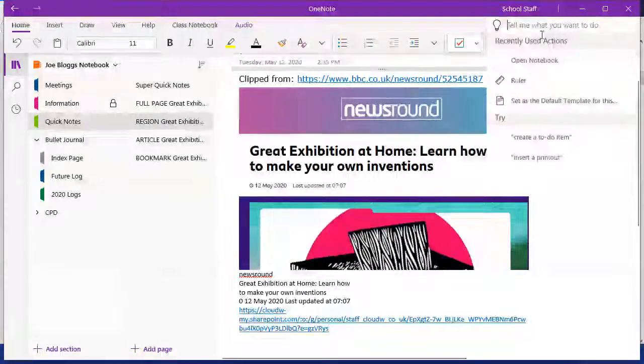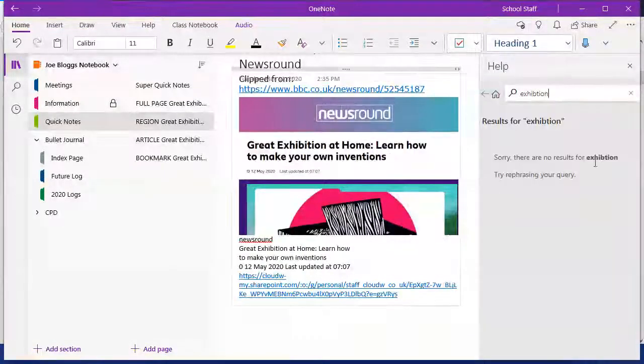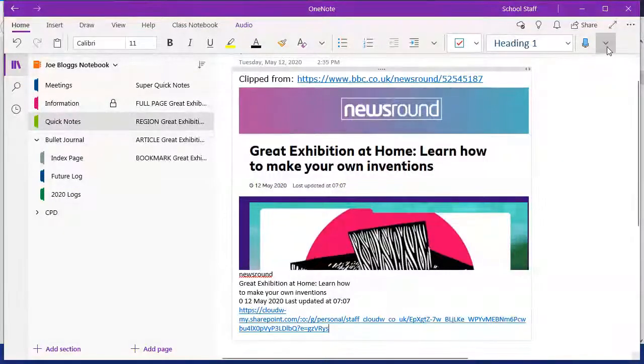What you can also do with the search is search within. So if I type in exhibition, it's not done it yet, but you can usually search within the OneNote as well. It just sometimes takes a little while to catch up with itself. This icon can cause a little bit of stress and anxiety sometimes. As